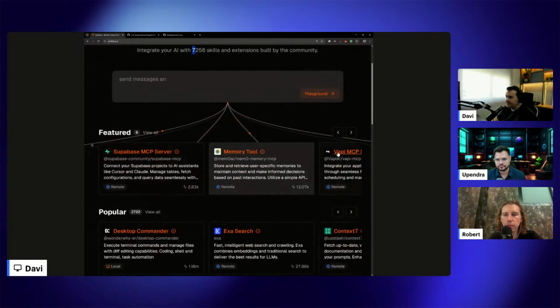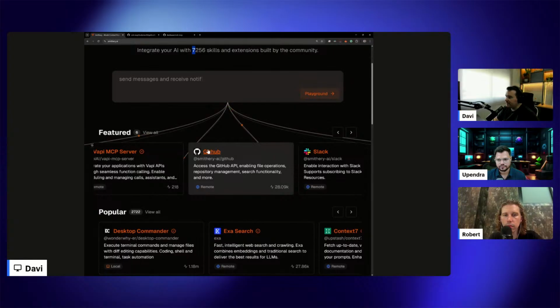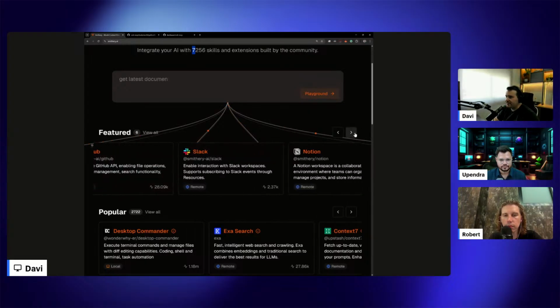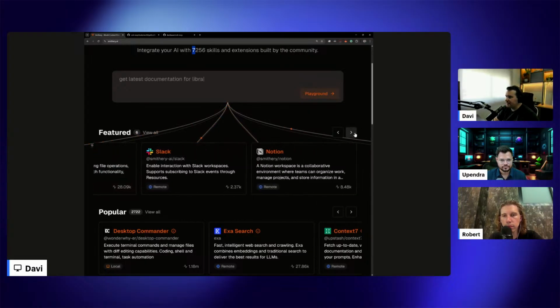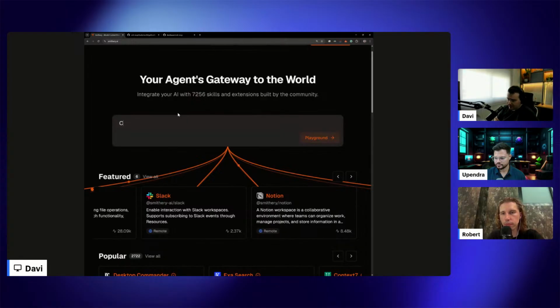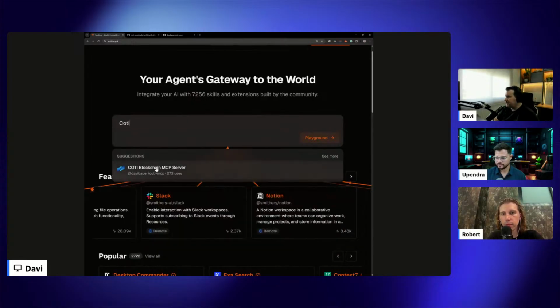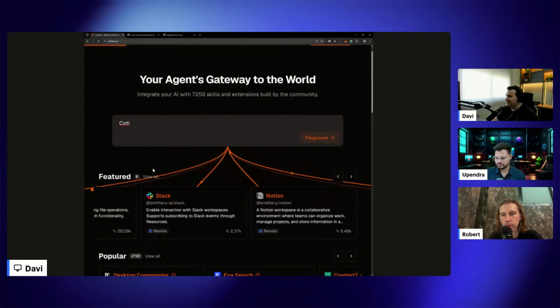So Supabase, you have GitHub as well. So you can connect to your GitHub account and get all the information that you need to create pull requests for you, for example. So that's the same logic. You are creating things that can connect to the outside world, to outside tools, and bring those features inside the AI editor that you are using. So it's really cool. And so far, that's the only MCP that we have, the one that we created.